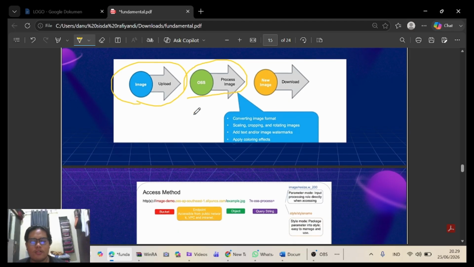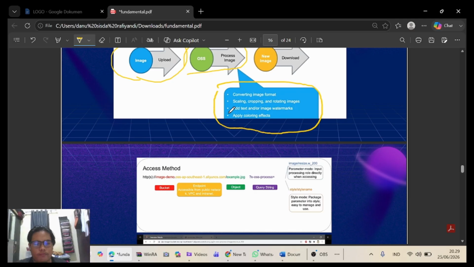During this process, OSS provides several image processing features. For example, the first,